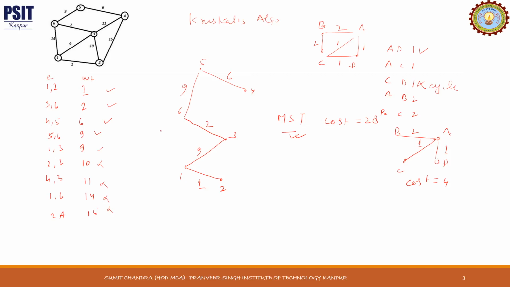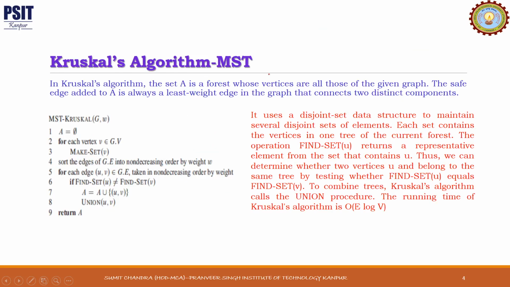It's very simple. Sort all the edges in ascending order of their weight and keep on adding the edges with the smallest weight. At every step, first check that a cycle is not created. Second, you have to stop when all the vertices are connected with no cycle. So we'll get your minimum spanning tree. I hope it is simple and you have understood how to work with Kruskal's algorithm. So this is the detail in Kruskal's algorithm.